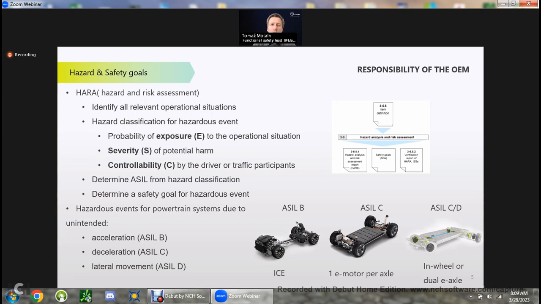If we have all these 3 classification parameters, then it's possible to determine the ASIL rating according to the tables inside the standard. And out of this ASIL rating and hazardous event, it is possible to determine the safety goal. So I will give you some examples for powertrain systems and hazardous events. For example, for the internal combustion engine, we can have unintended acceleration